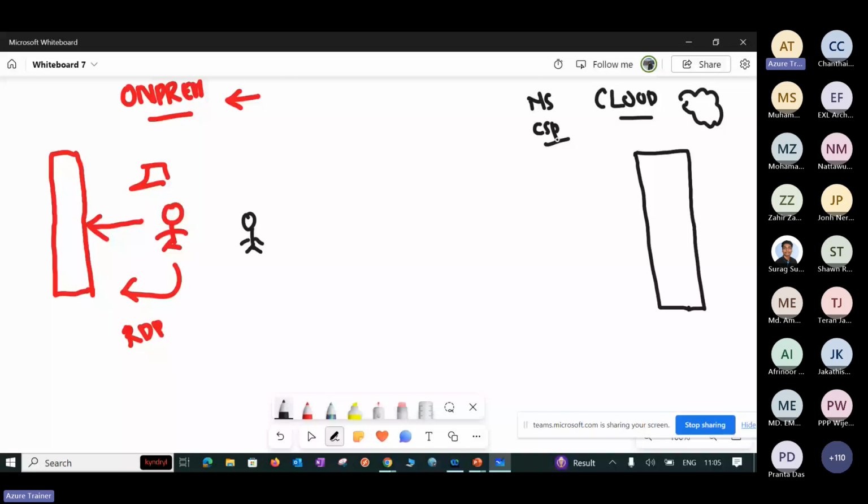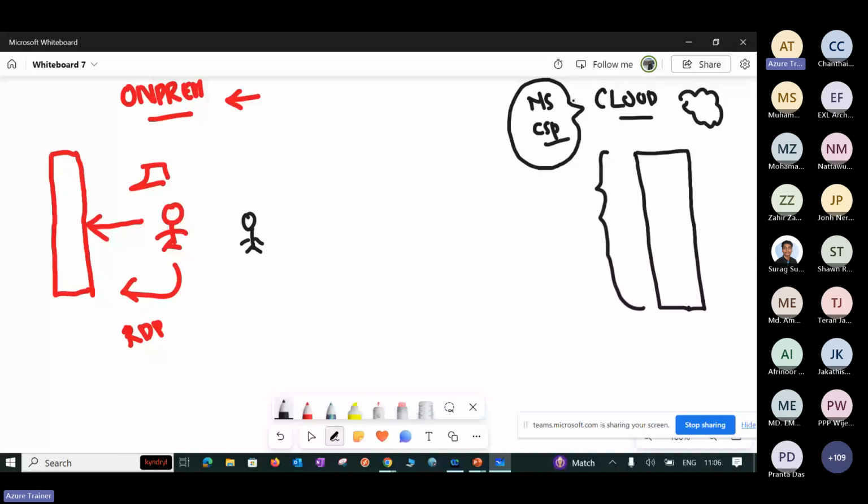Whoever is responsible for managing the infrastructure, technically that is known as a cloud data center, right? You have a solution where you can manage your infrastructure on the cloud side. Technically, they are responsible for managing the infrastructure and for the cloud solution. They will be responsible for purchasing the hardware and everything. So the solution is hosted in the Microsoft or Amazon or cloud service provider data center,